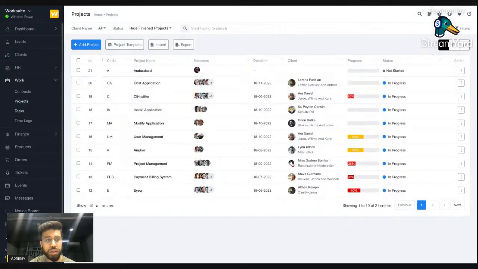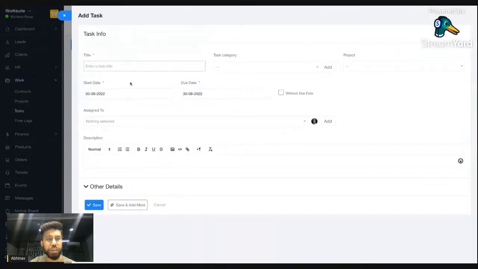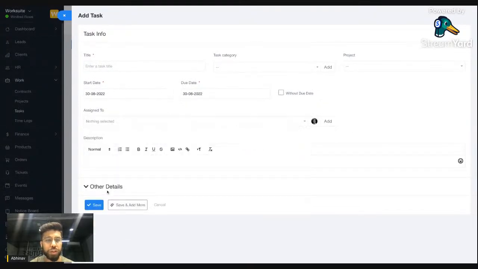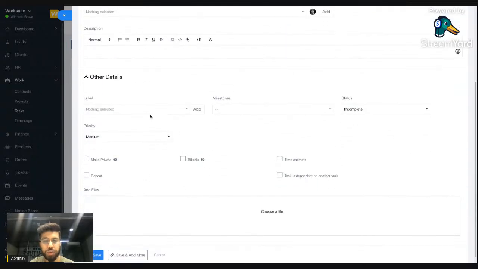Now coming to the task, when you create a task, you can enter the details like what is the title, when you are going to start that task, and what will be the due date. You can also create a task without a due date. If you want, you can assign that task to the employee, or otherwise you can assign the employee later also. You can link the task with some labels, milestones,